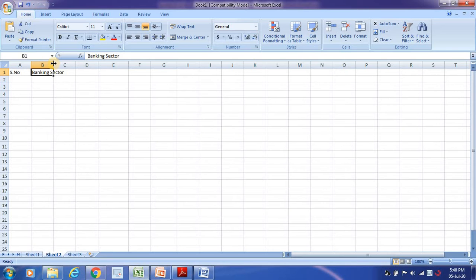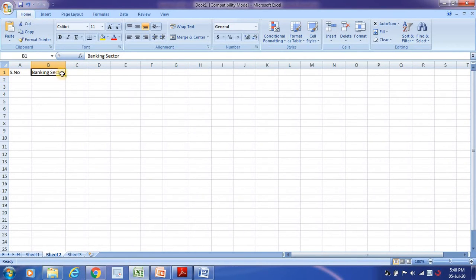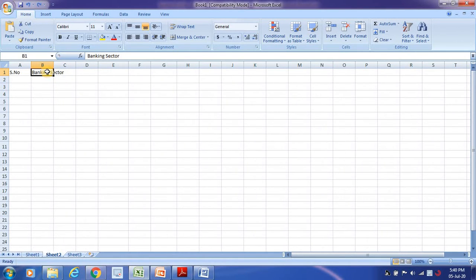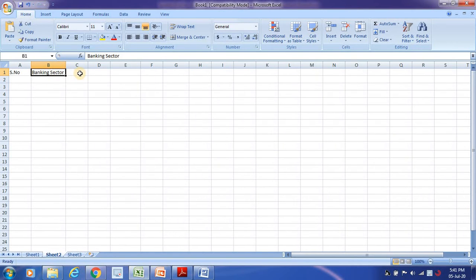So generally what we will be doing is just clicking on this, and then the cell will automatically get adjusted. Instead of that, what I'm going to do is select this and click on the option called wrap text, click OK. Automatically you will be able to see that it gets adjusted into the same cell. So if you want to adjust the value into your current cell, then you make use of wrap text.